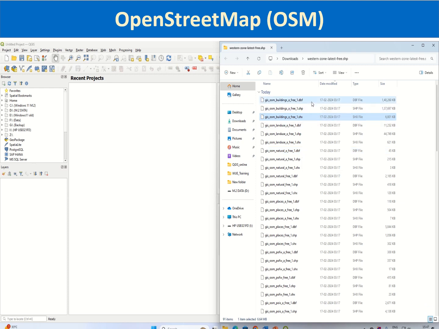One of the major drawbacks with the shapefile format is this multiplicity of files, and you have to keep all of these files in the same folder, otherwise you won't be able to load the data. Now we have better formats of vector data like GeoPackage and other formats. We will be looking at them during the coming sessions. For the time being, I will just add this OSM buildings